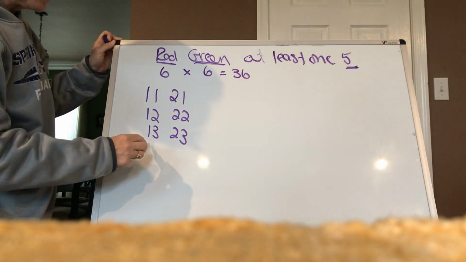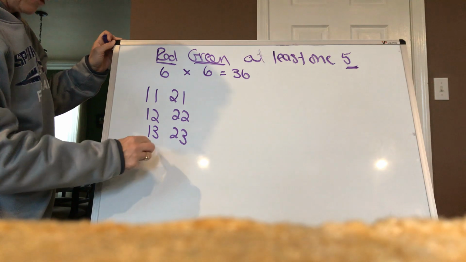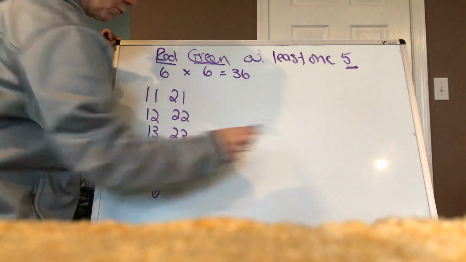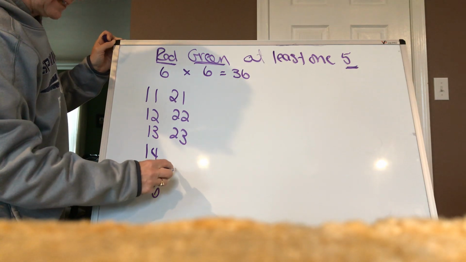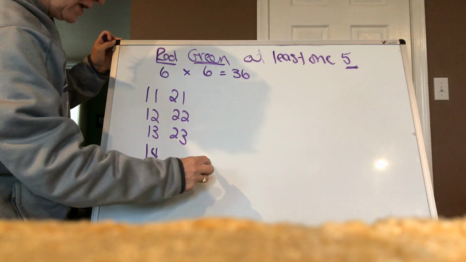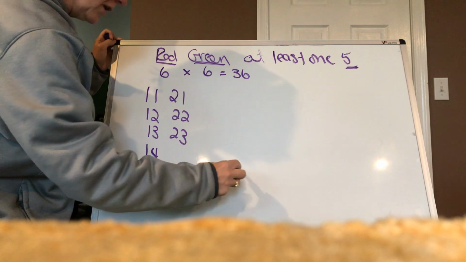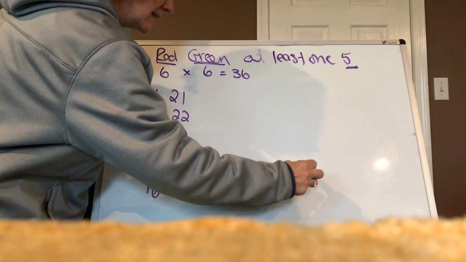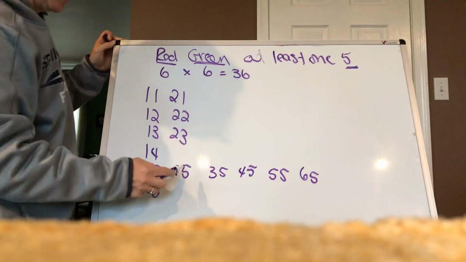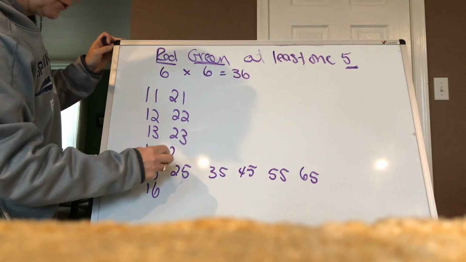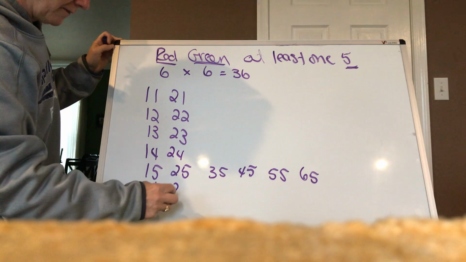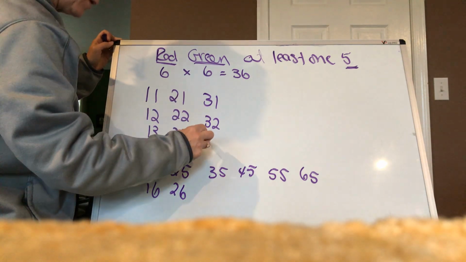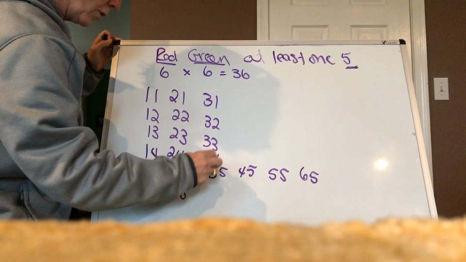So I'm going to go down here, a 1 and a 4, a 1 and a 5, a 1 and a 6. So this row, if I listed all the possibilities, would be a 2 and a 5, a 3 and a 5, a 4 and a 5, a 5 and a 5, a 6 and a 5. Actually, you know what? Let's just list all these. This is a 2 and a 4, a 2 and a 5, 2 and a 6, a 3 and a 1, a 3 and a 2, a 3 and a 3, a 3 and a 4, a 3 and a